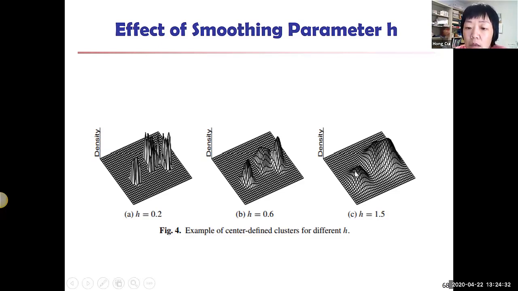Here you can see the influence is very narrow. The points only influence maybe 2 or 3 neighboring data points. So if you're using a very small H, you're going to have lots of outliers